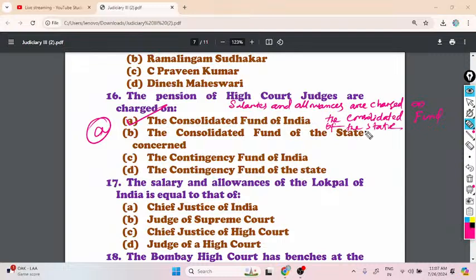Okay, now come to question number 17. The salary and allowances of the Lokpal of India is equal to that of Chief Justice of India. Lokpal of India is a statutory office, the highest anti-corruption authority in India, established under the Lokpal and Lokayukta Act